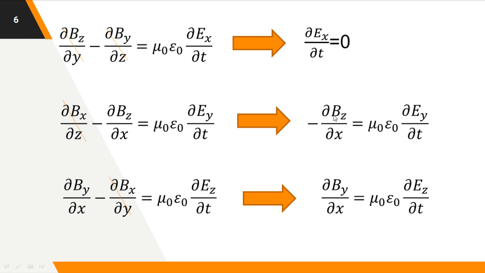Okay, the space variation of the z component yields the time variation of the y component, and vice versa. Look at in this case it is a minus here, whereas in this case both. Again, the space variation of the magnetic field produces the time variation of the electric field.